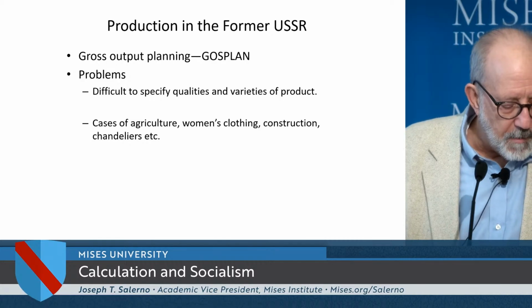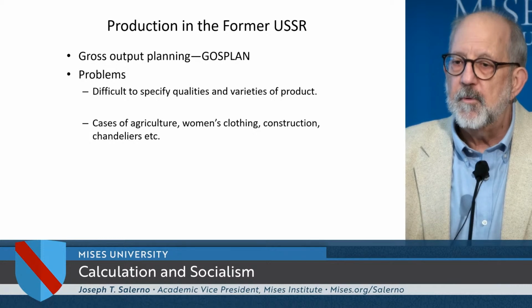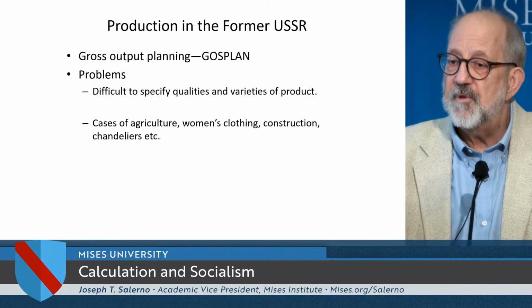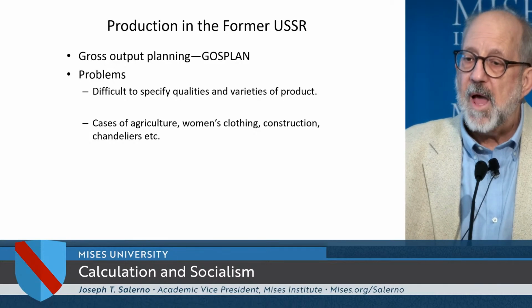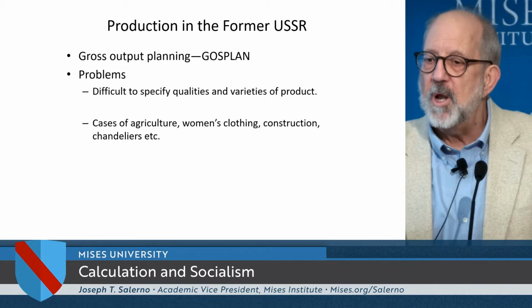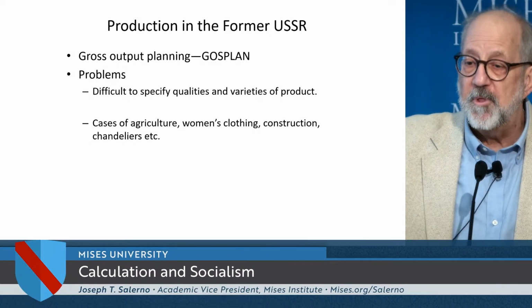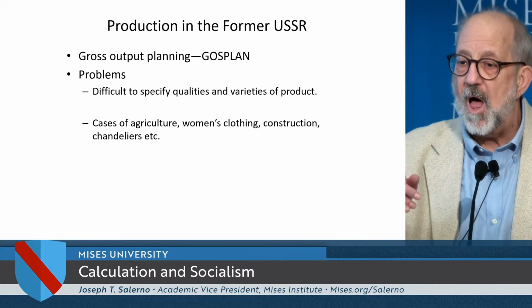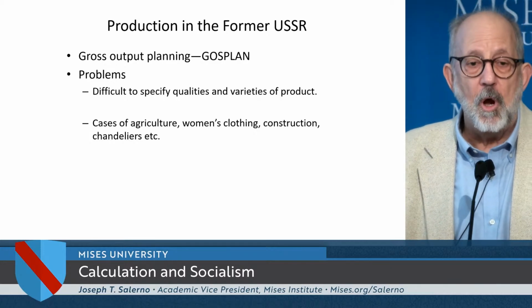Other examples: women hated clothing that was produced according to how many yards, or you were judged as a manager of a Soviet plant on the number of yards that your target was. So you wanted to meet your target, but you didn't want to go too much over, even if you could produce more than they were asking. Because if you produced more, then the next year they would say, you lied, we're going to increase your target, okay? And if you didn't meet your target, you went to Siberia.